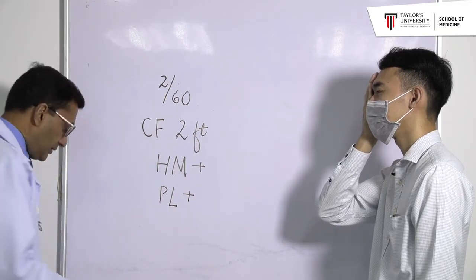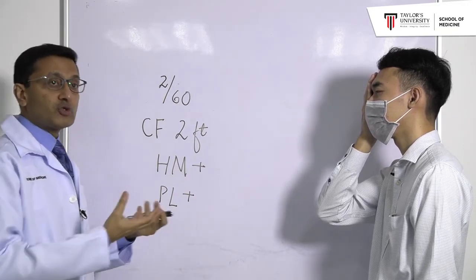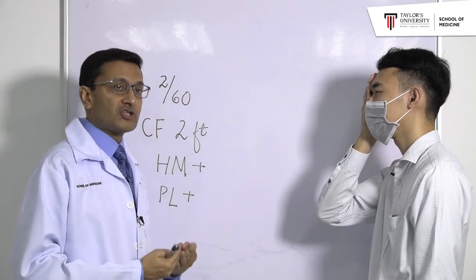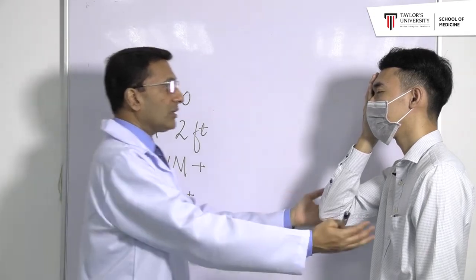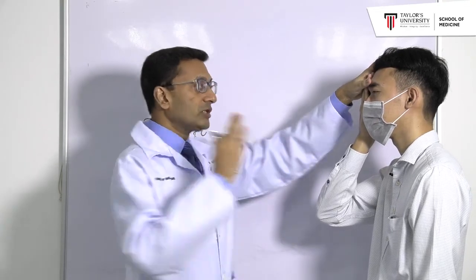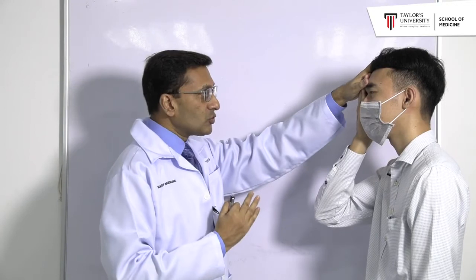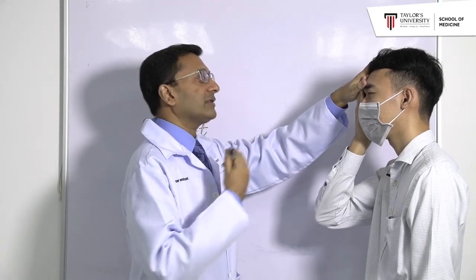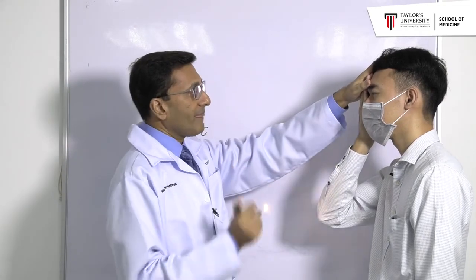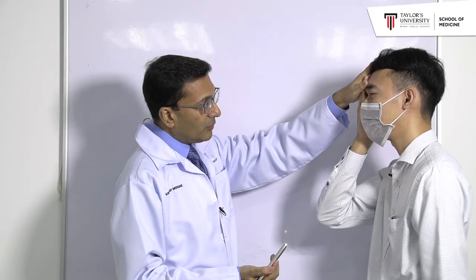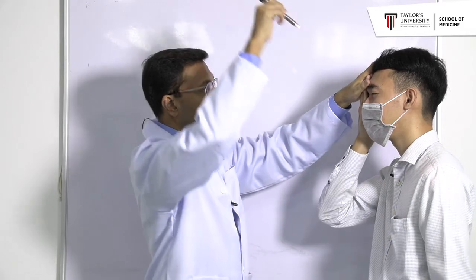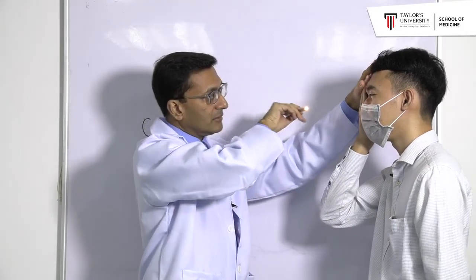To conclude my recording of the visual function, the last step that I need to do is to check for projection of rays. Mr. Bong, I would be shining the torch from a particular direction. I want you to keep looking straight. Just point to me either with your finger or tell me where the light is coming from. I don't want you to move your eyes. Keep looking straight, please. Do you see the torchlight? Yes. Where is it coming from? Down there. Thank you. Now? On my left. Now? Up. Now? On my right.